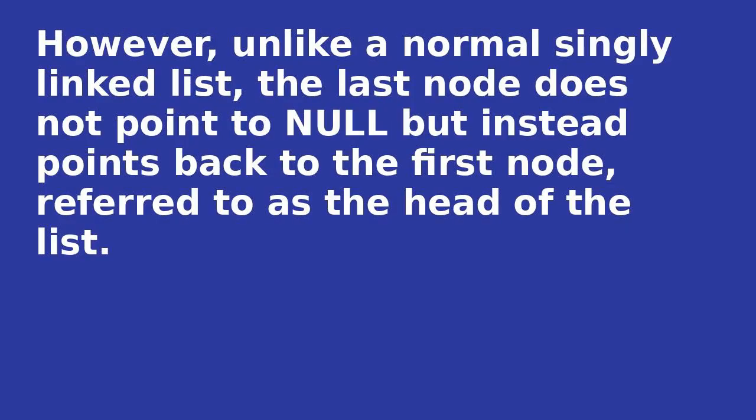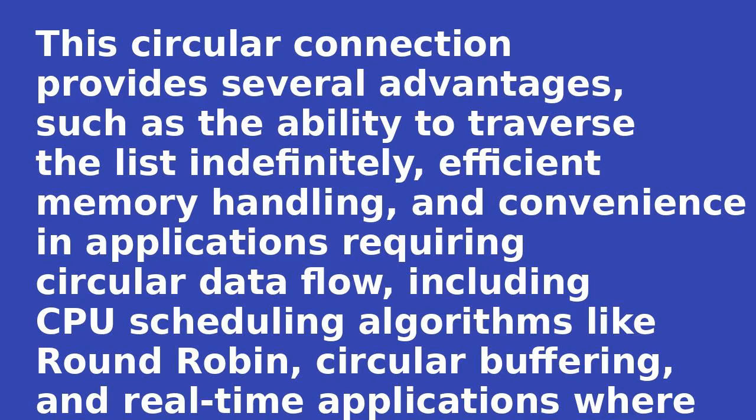However, unlike a normal singly linked list, the last node does not point to null but instead points back to the first node, referred to as the head of the list. This circular connection provides several advantages, such as the ability to traverse the list indefinitely, efficient memory handling, and convenience in applications requiring circular data flow, including CPU scheduling algorithms like round-robin, circular buffering, and real-time applications where processes repeat